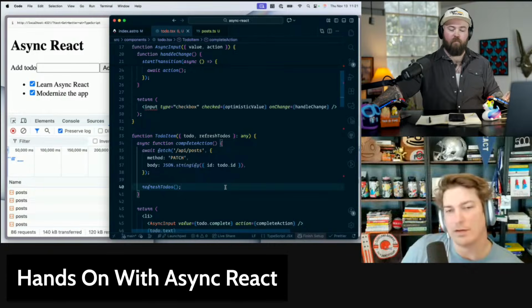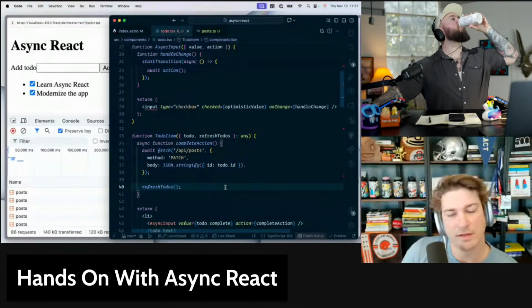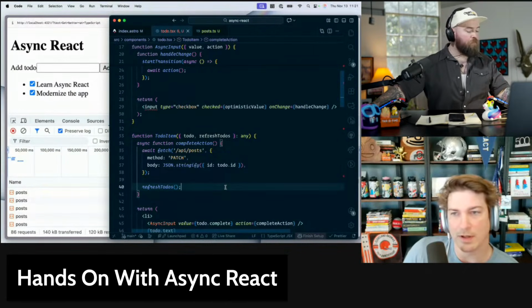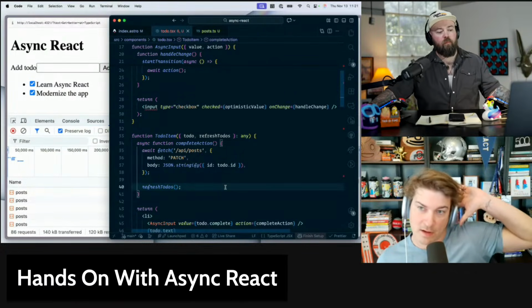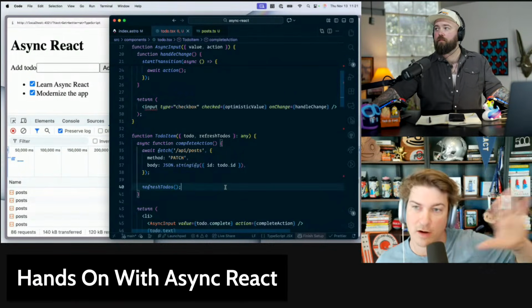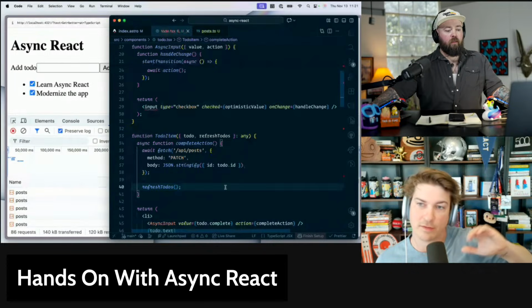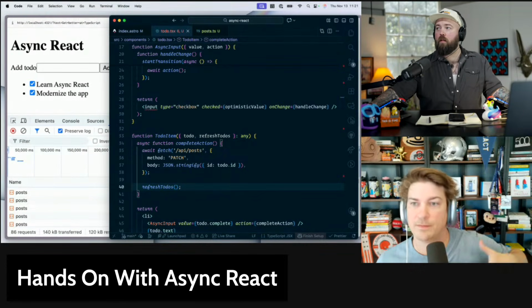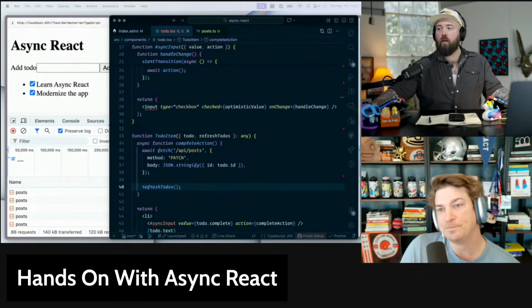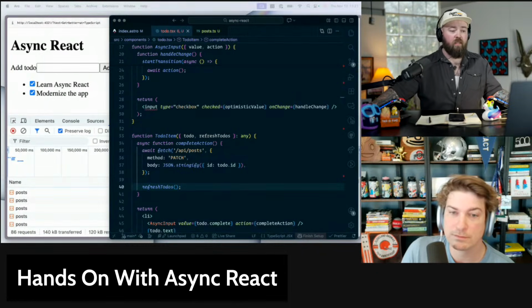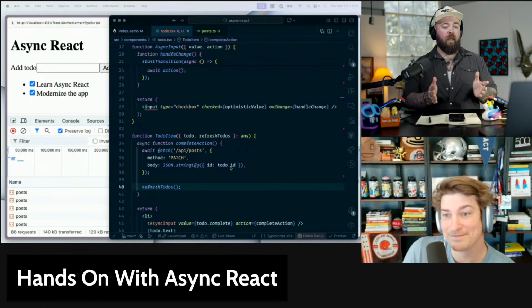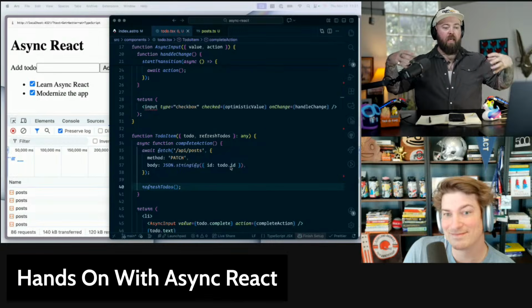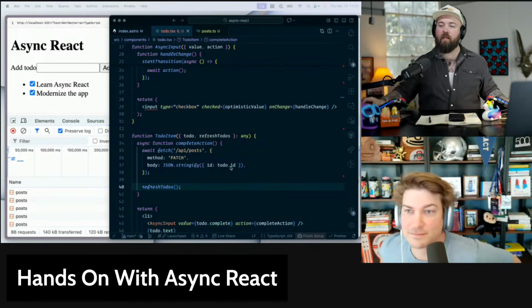Yeah, and the other interesting aspect here is you are writing this thinking about it as more synchronous. So if you look at the get to-dos and all this other stuff, you're offloading the mental burden of needing to handle all of the different async stuff. Yeah, I'm into it. I'm a big fan of this. I think this is a huge improvement, and I'm excited to implement this into the React code that I write.